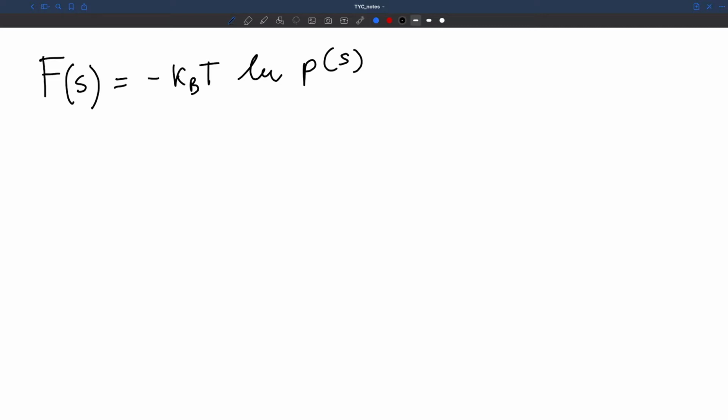And practically this means that we can estimate this as a histogram, and we can forget about the normalization of the histogram by introducing an arbitrary constant that is not a function of s and that is rigidly shifting the free energy surface. So F of s in practice will be computed as minus kT logarithm of some